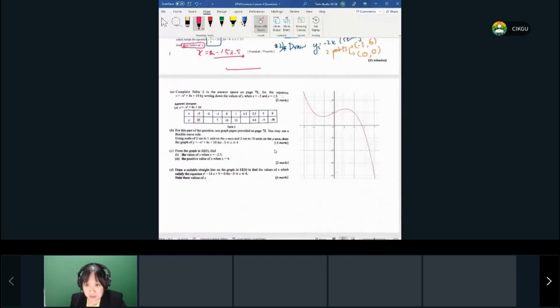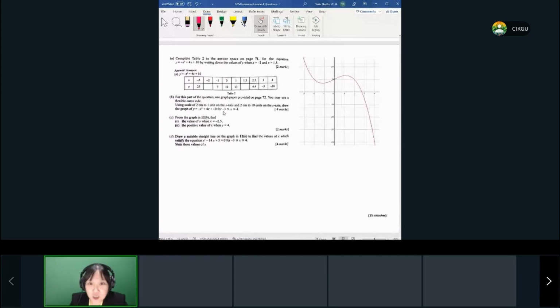Here, it's a similar question. So let's go. Complete table 2. Yep, this is table 2. You see, there are spaces in table 2 already, right? So they're asking you to complete table 2 for the equation. See, they gave you the equation right here, by writing down the values of y when x is negative 2. When x is negative 2, y is missing. So they want you to find out when x is negative 2, what is the value of y? Very easy one, right? Since they already gave you the equation, all you need to do is just